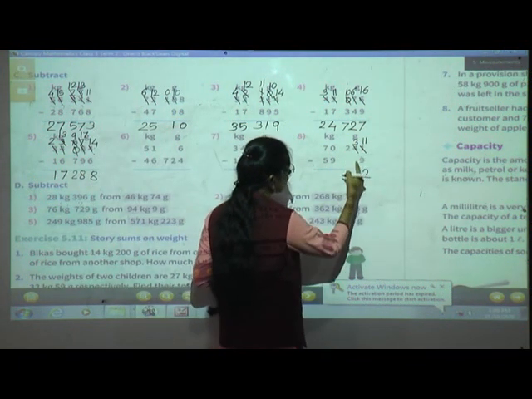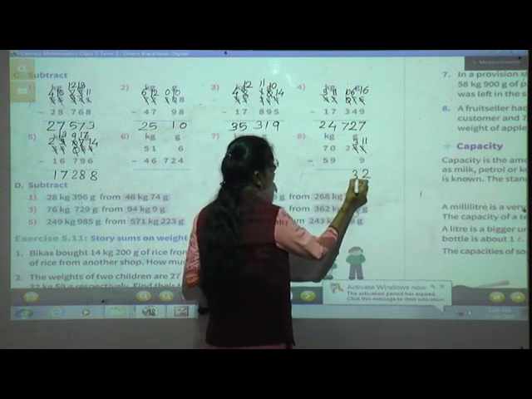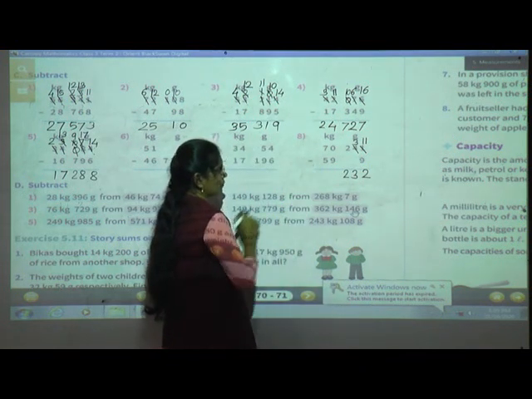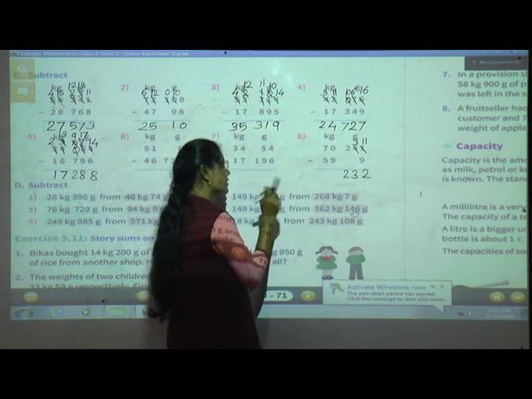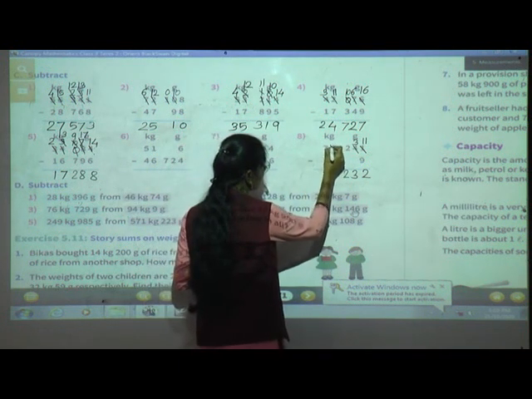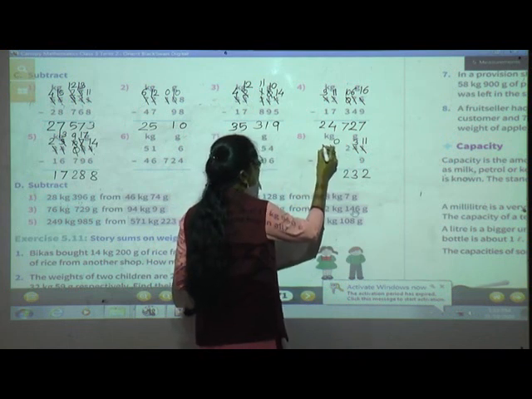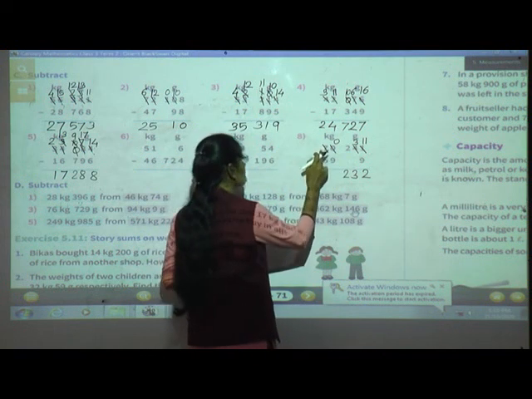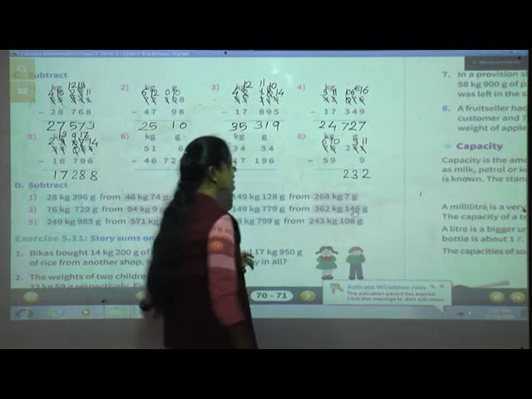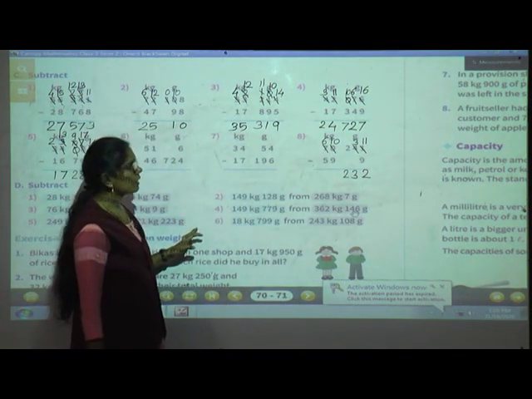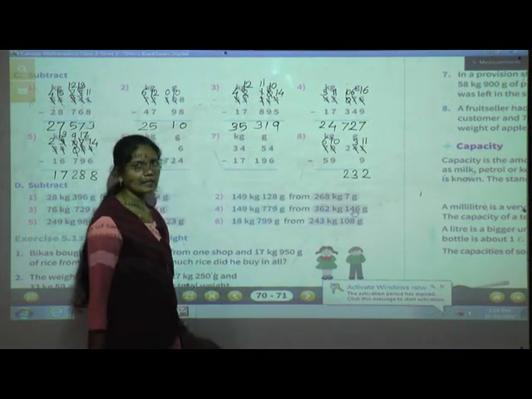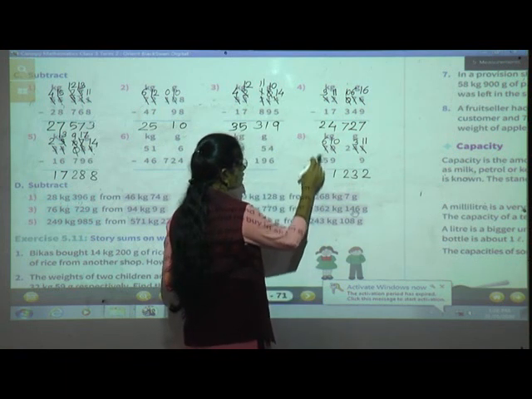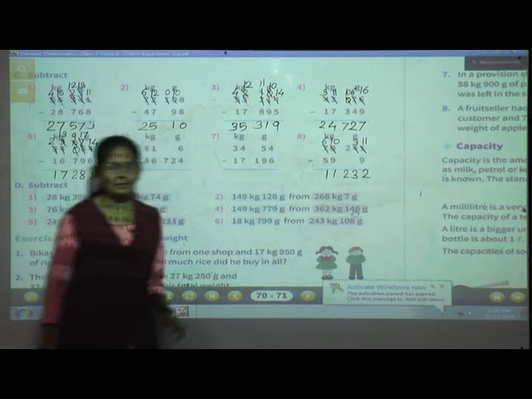Okay, now here 3 is there and here nothing is there, means 3 minus 0, 3 and 2 minus 0, 2. Now subtract the kilograms. 0 minus 9. Again 0 minus 9 is not possible. So just cut this 0, write as it is. Then go to the neighbor. Here 7 is there. So take one borrow from this 7. So 7 minus 1, here 6 will remain and this 0 will become 10. Now 10 minus 9, yes, 1. So here we'll write 1. And see here this column, 6 minus 5, 1.